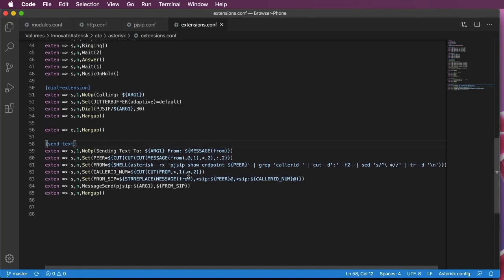Now, it turns out that the handling of from in PJSIP is slightly more, let's say, sensitive. It must be, let's call it, a fully qualified SIP URI. So it must say sip: and then it must be the number that you are calling from, and then the rest of the URL. Then again, we do need to specify the technology that we're going to be transporting this message on. So